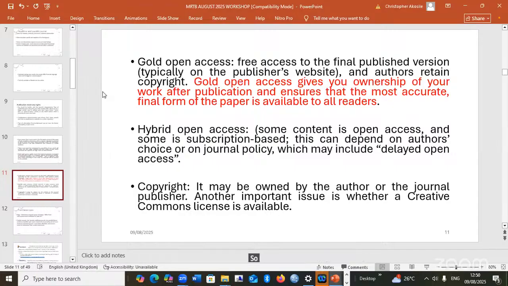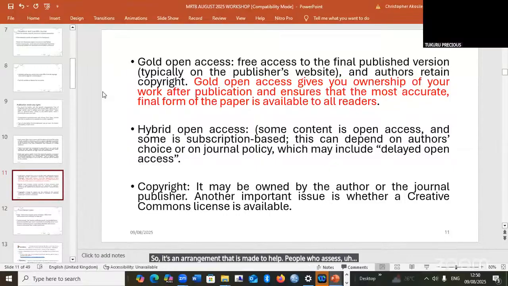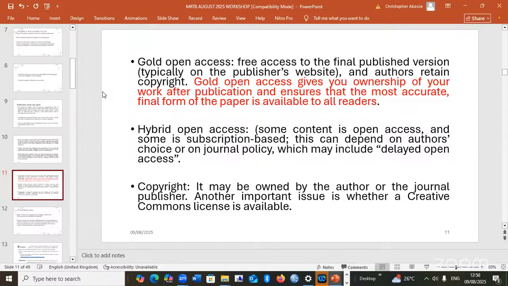So it's an arrangement that is made to help people access works that have been published from different groups of authors and in different journals as soon as they are published, without people having to pay for them.